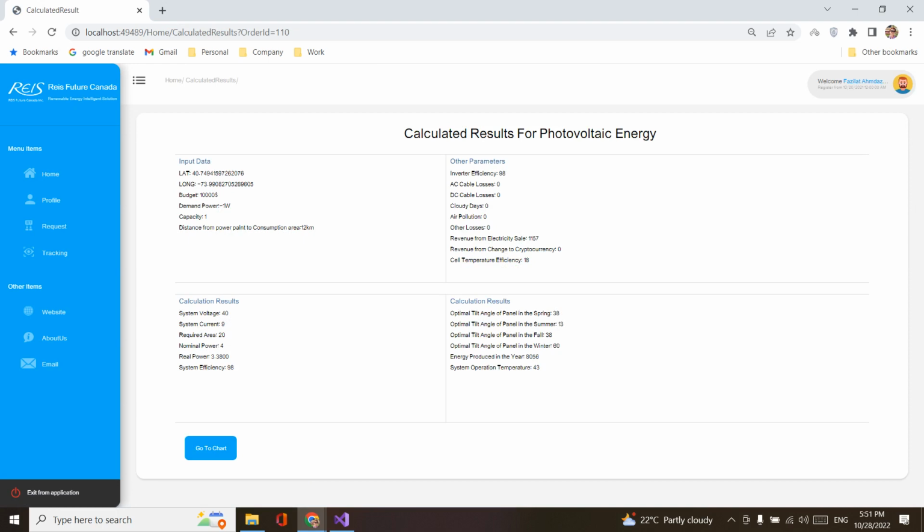The system calculated some results for photovoltaic energy. You can see input data, and you can see some calculated results, for example, system voltage, system current, and other parameters, for example, inverter efficiency and other calculation results such as the optimal tilt angle of the panel in every season.